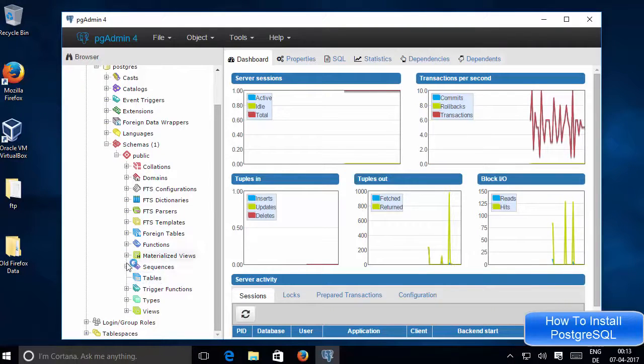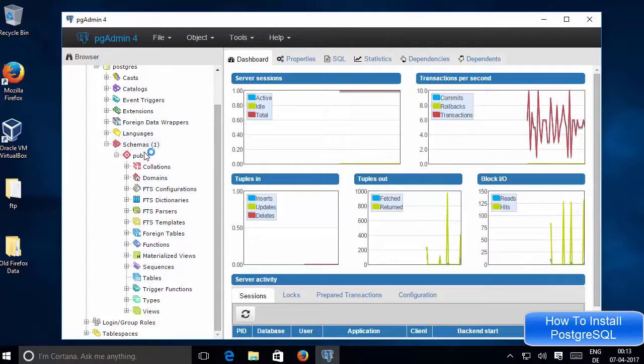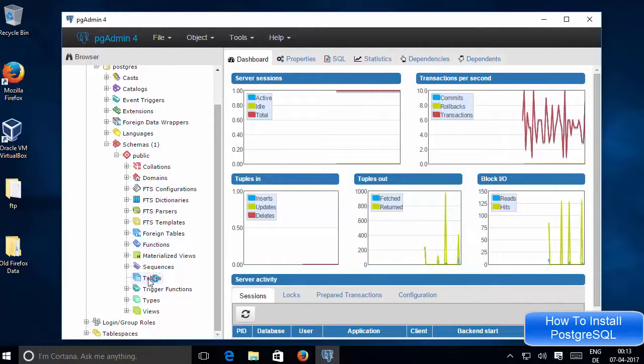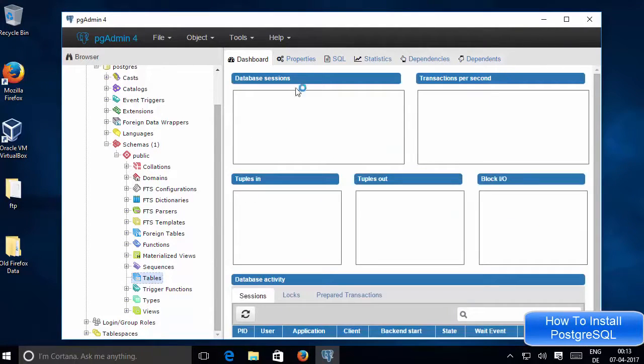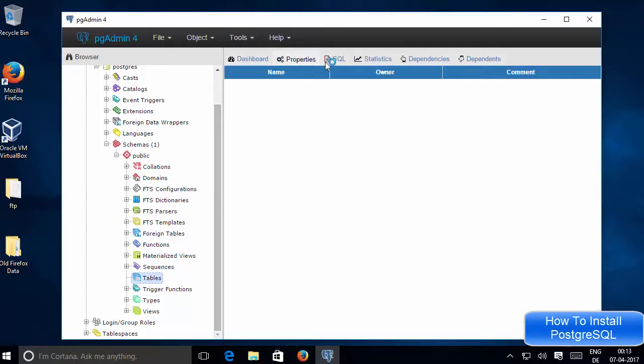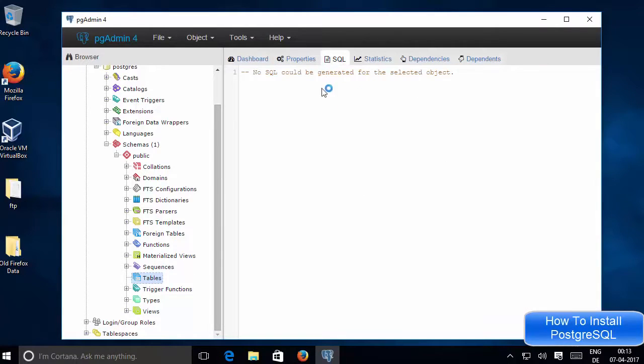When you click the tables, right now there are no tables inside your PostgreSQL database, but later when you create some tables, you will be able to see those tables here, right? And then you have the properties here and the SQL here, so you can execute your SQL queries from here